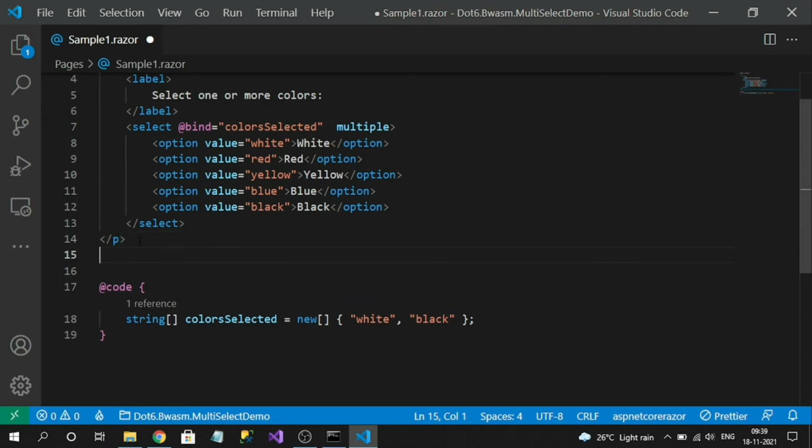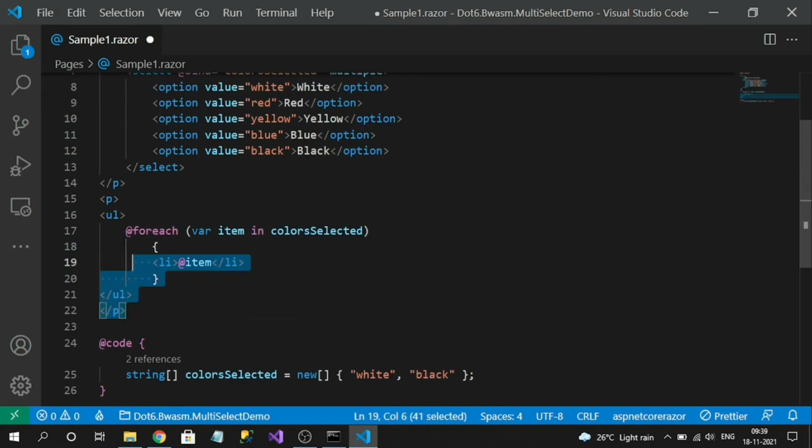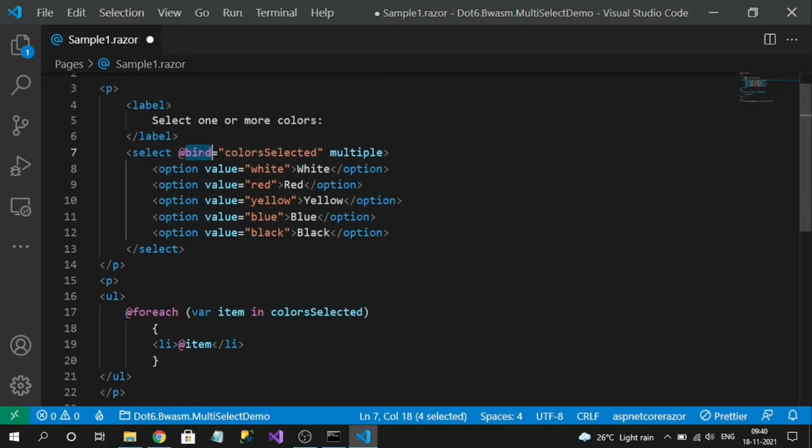If you observe, I have added a list here, looping over my selected colors. By default this property binding reads whatever we selected here. So when we select, we can see those rendered here, because I am looping over the selected colors property.